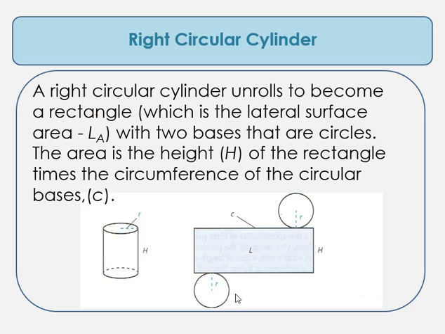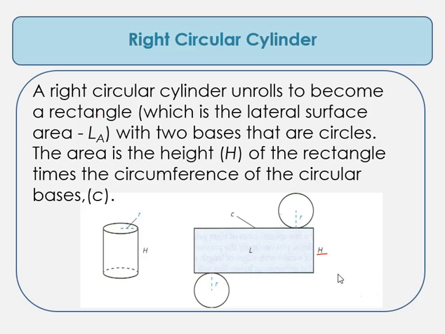Now let's talk about a right circular cylinder. Why are we jumping from prisms to cylinders? Well, prisms and cylinders are related. They both have 2 bases. So a right circular cylinder unrolls to become a rectangle, and this rectangle piece of the cylinder is actually our lateral surface area. It has 2 bases, but the 2 bases are circles. So the area is the height of the rectangle, and instead of a perimeter, we're going to have a circumference,